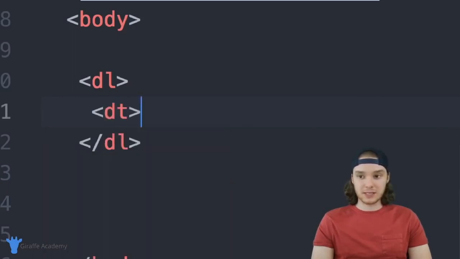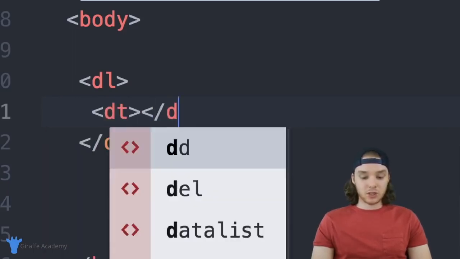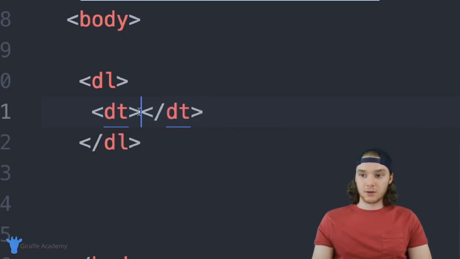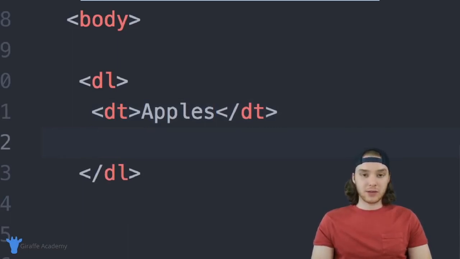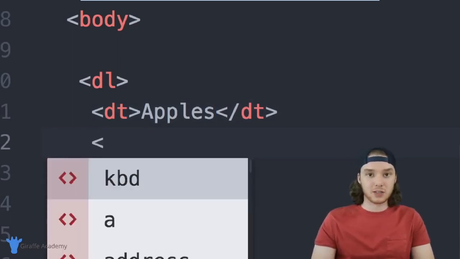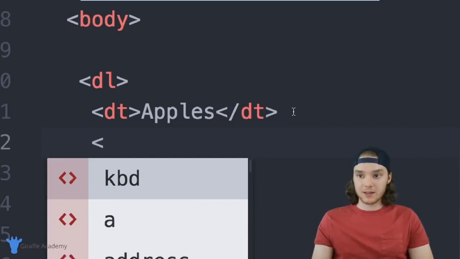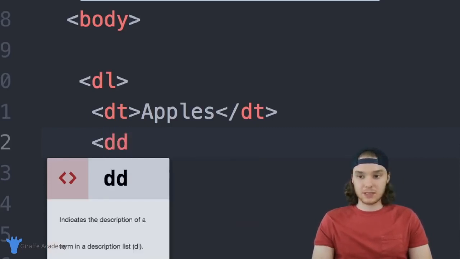So this is gonna be DT. And it works just like a list item does. So in here, I could just type apples. And in addition to a description term, we can also give the description term a description. So we can describe the description term. And we're just gonna type DD,